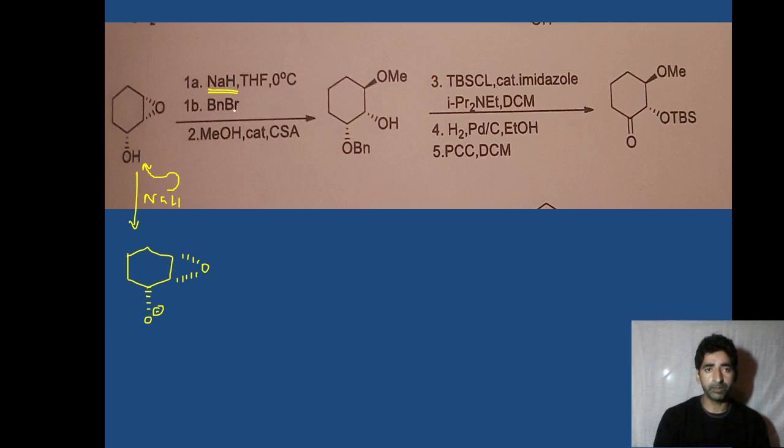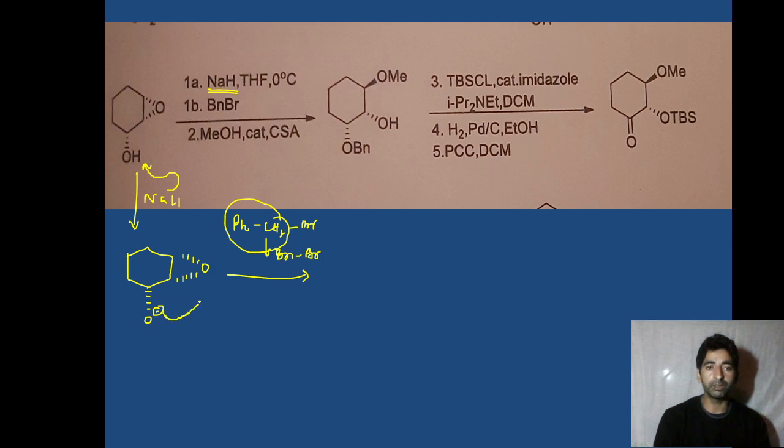And the second step, it is treated with BnBr. As I have discussed in the protection and deprotection lecture first, the function of BnBr is to protect this alcoholic group. What is BnBr? I can write BnBr like this: Ph CH2Br. So this group is Bn group. This group is actually Bn group. So it's called BnBr.